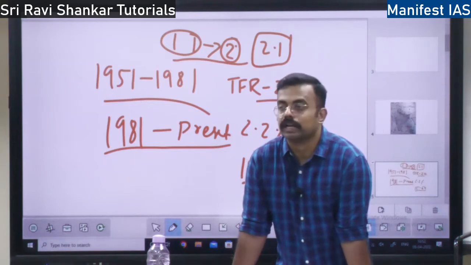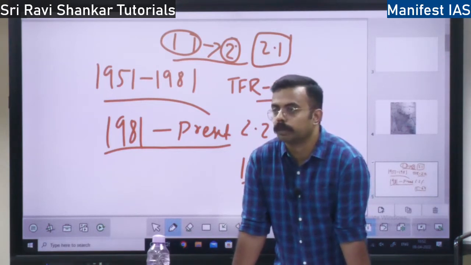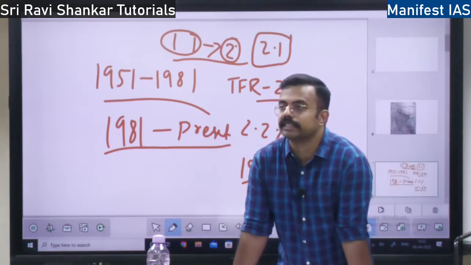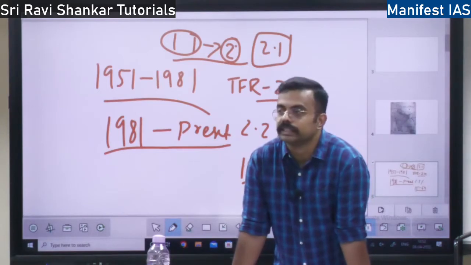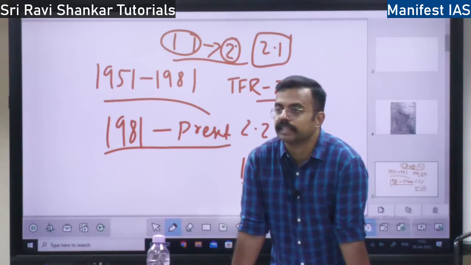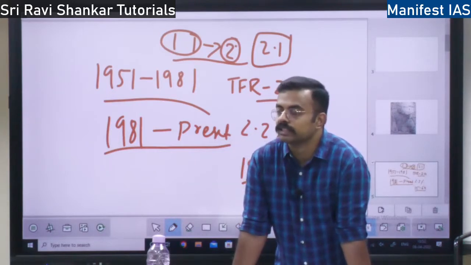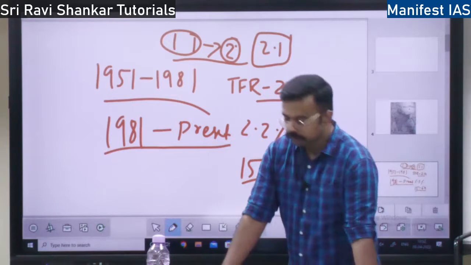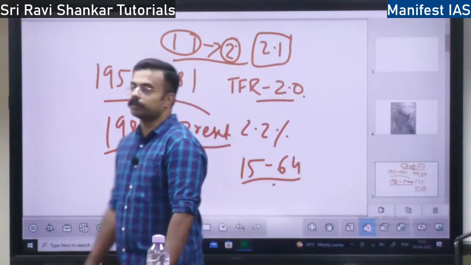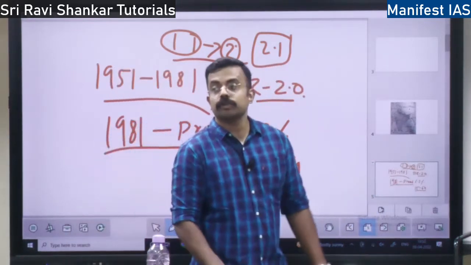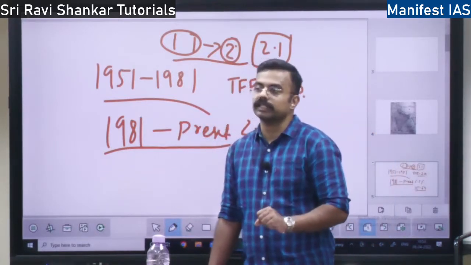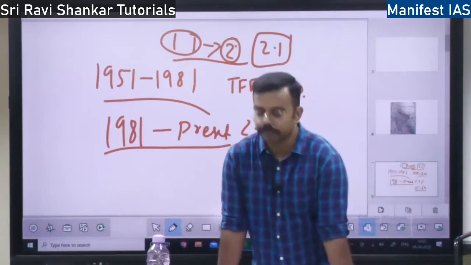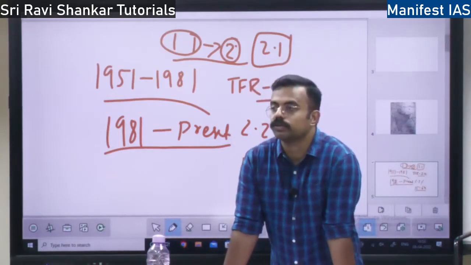So with respect to adolescent, I was speaking about the youth population. What has the government done to channelize their energy properly? So we have this national youth policy, which came in 2014. What does this national youth policy do? It tries to empower the youth of the country to achieve their full potential, economic potential, employment potential, educational potential. So this policy aims to help the youth of India.